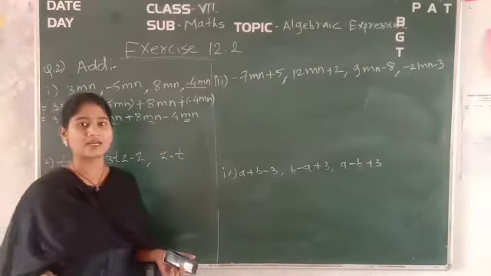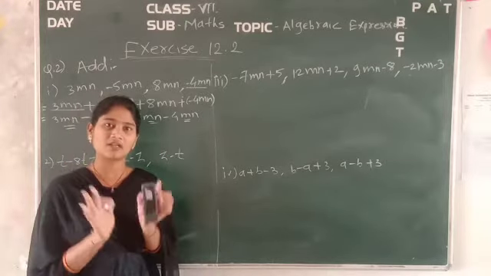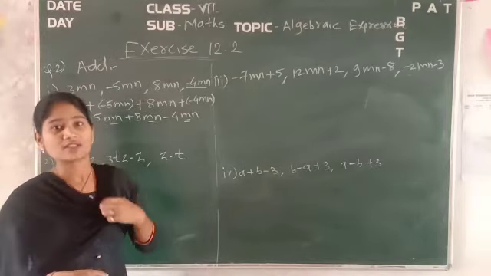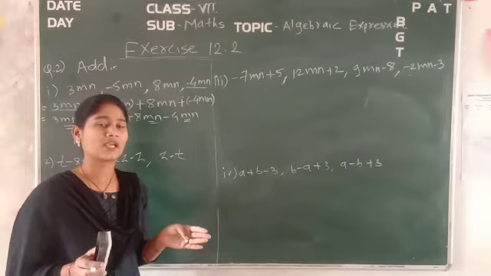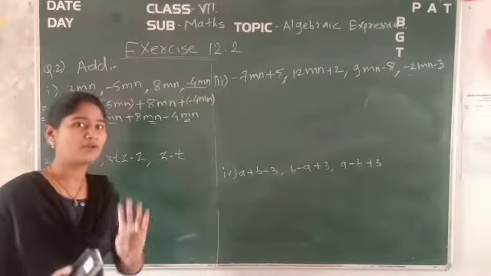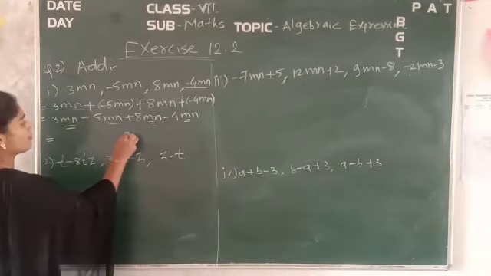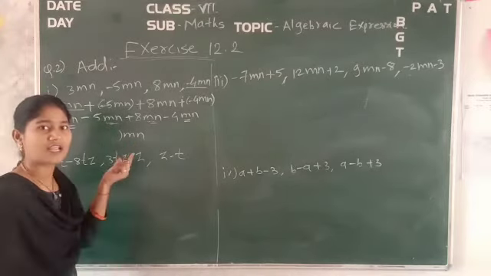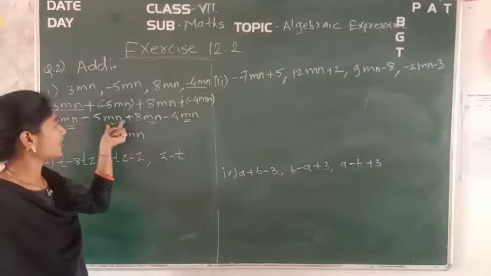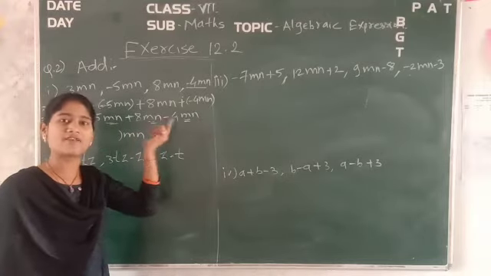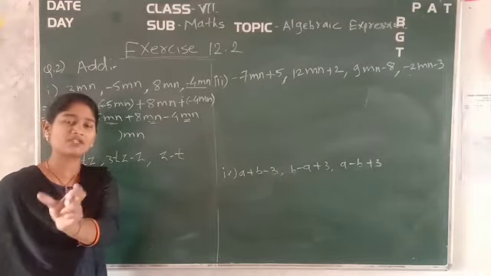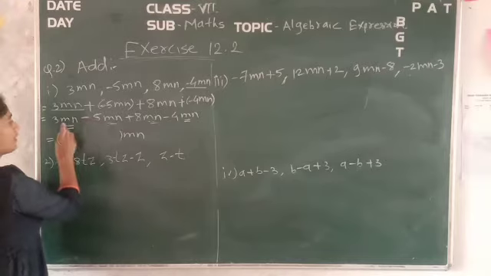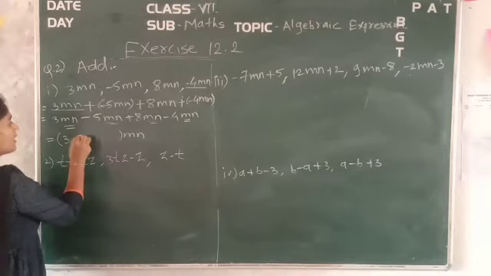mn, all are like terms. So it means we have to take everything into a bracket. There is one more shortcut that you can follow here. You can take the constants of this particular variable within the brackets, and this variable you can take common outside. How? I will tell you. Which is equal to, mn will be the common here. Okay. And what are the constants of this mn? Why have we taken mn as common? Because every time it is present. So that's why for all these constants and variables, we will take mn as the common variable. Okay. So now just follow it. Whatever the constant of this variable, it will come into the bracket, that is plus 3 minus 5.